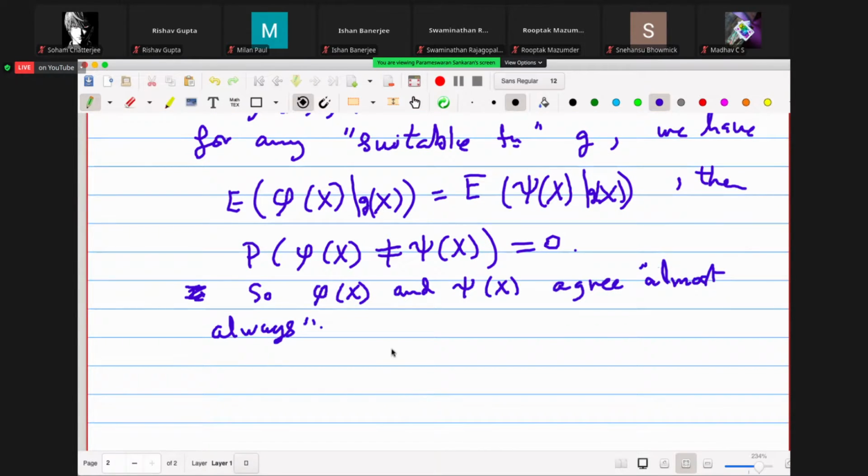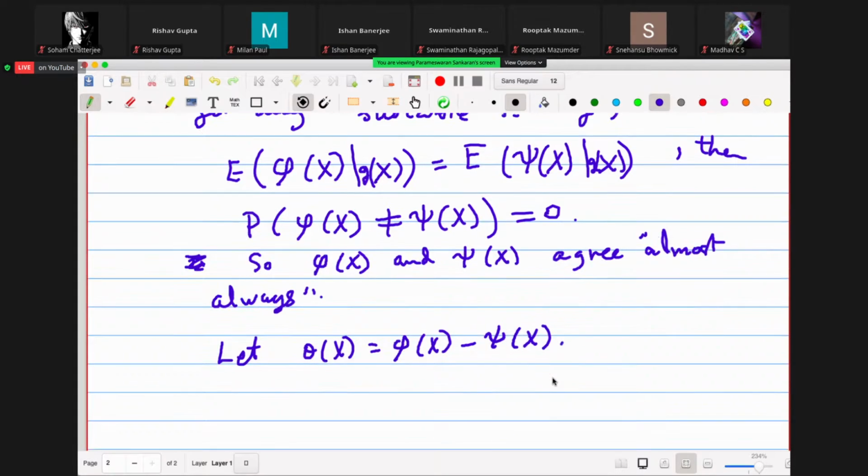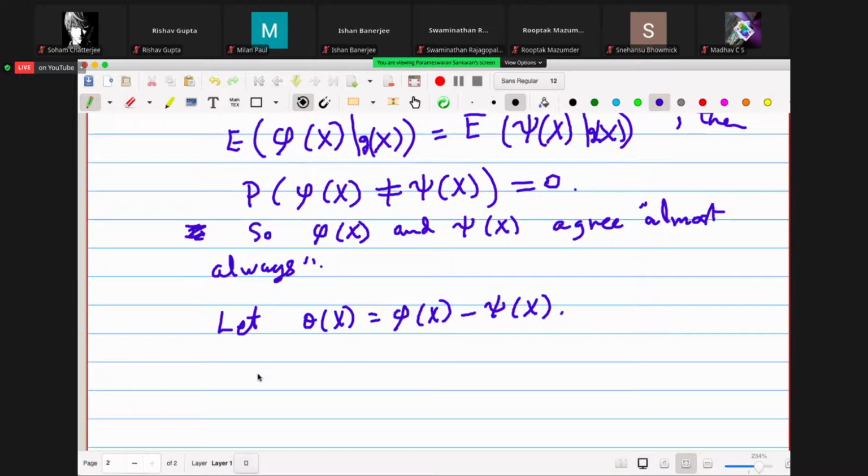So how do you do this? Yeah, so I can rewrite this. So let theta(X) be equal to the difference phi(X) minus psi(X). Okay. And now let us look at